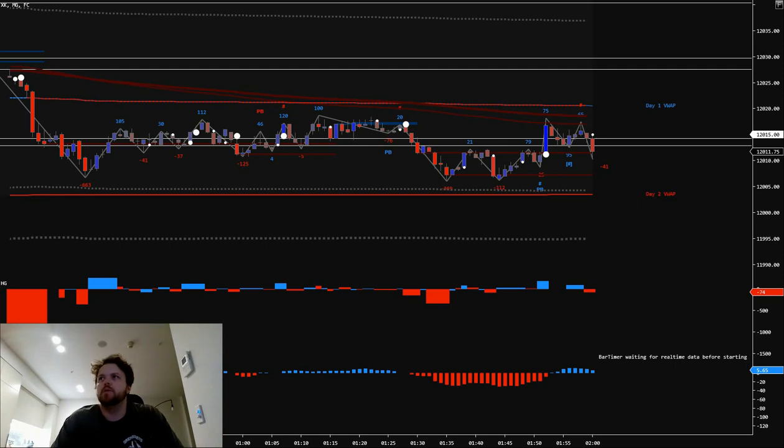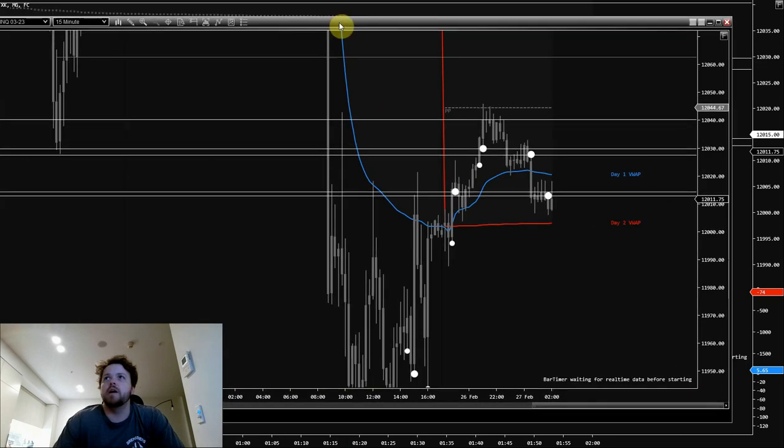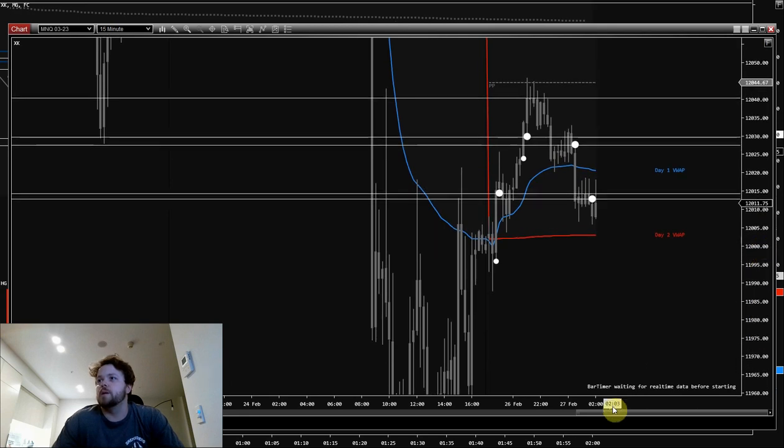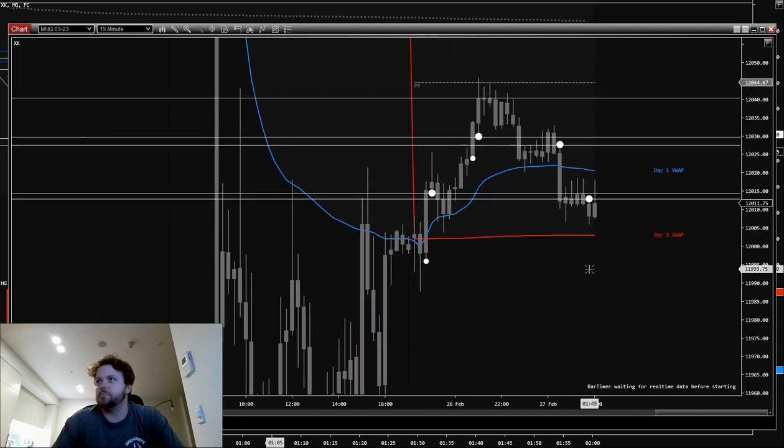Alright guys, welcome. I'm just going to do a backtesting session. So you can see on this screen here, this is the 1 minute chart on NASDAQ futures. And on my left side here, I have a 15-minute chart where I draw my zones. As you can see here, they're all based off these white dots, which is called X control, which is essentially